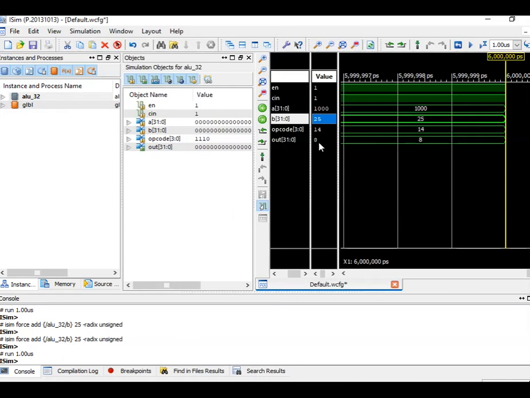So maximum you can perform is 32 bits. You cannot cross that 32 bit limit. Are you getting my point? So you can choose any number, but it is 32 bit maximum, right? So I think this has given you enough details about the ALU operations, how an ALU can be created in Verilog, and the different applications of this ALU. We can do a number of operations based on that.